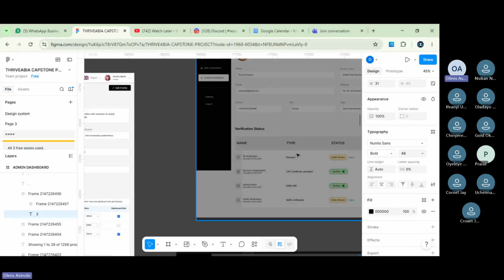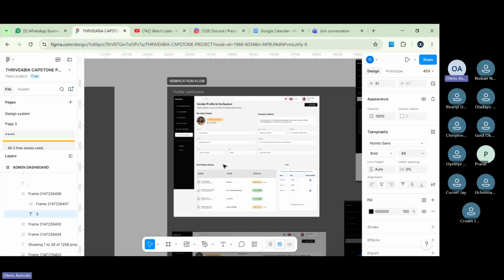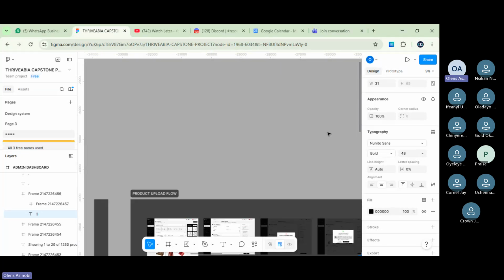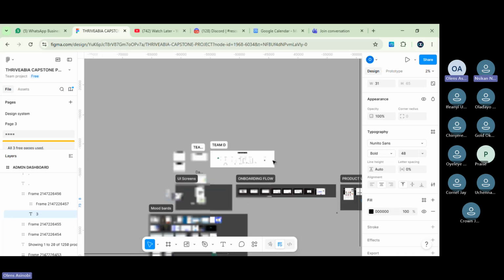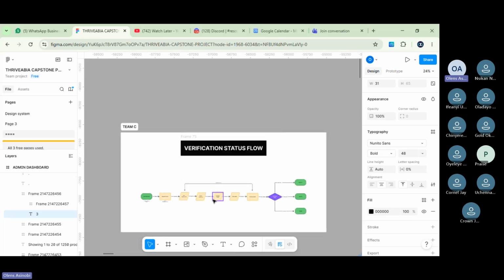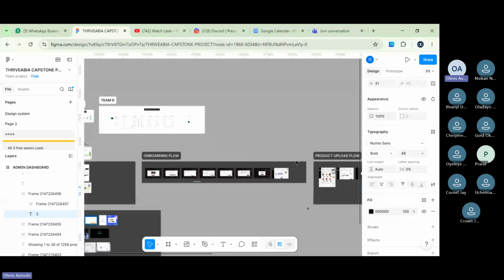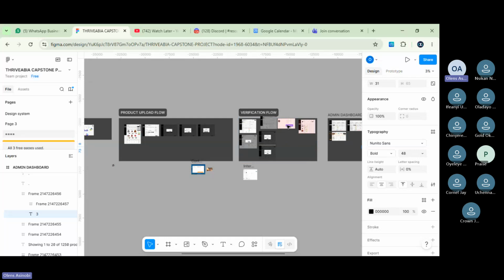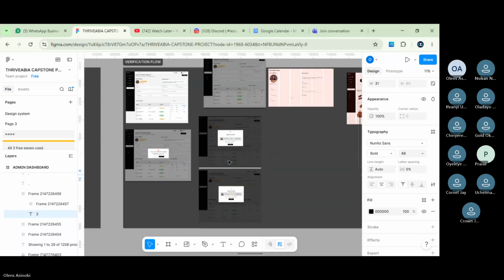You see this verification status now. This user flow that you created was your main target. So if possible, I would like you guys to suspend this edit profile for now and just focus on designing a verification flow.